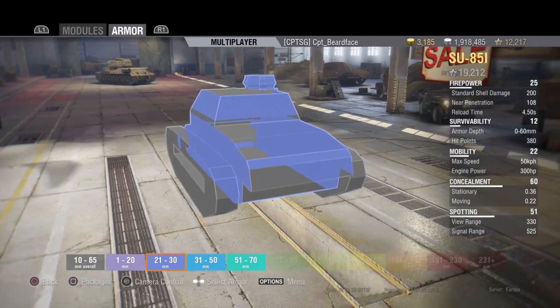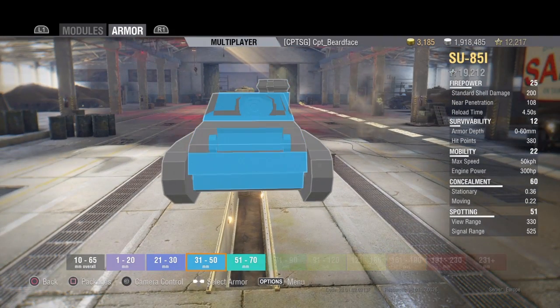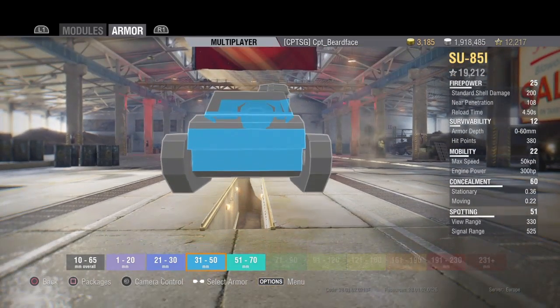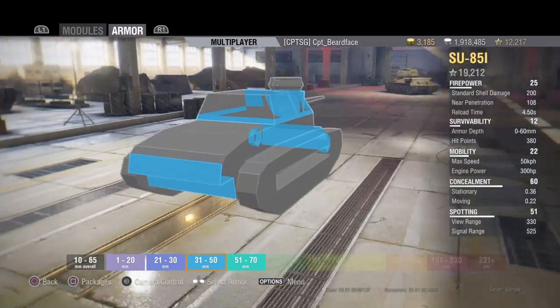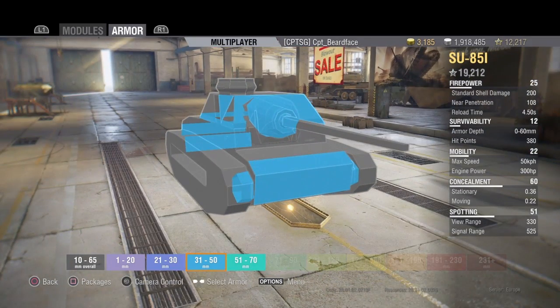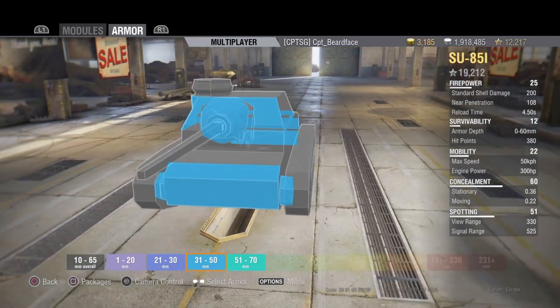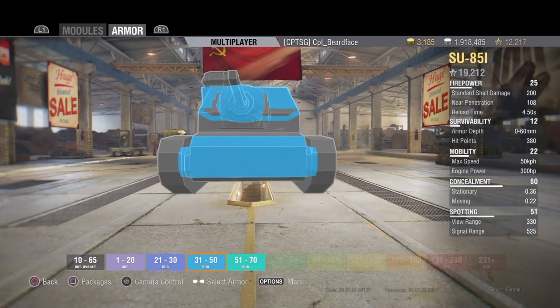as well, and also the back of the upper superstructure and a strip just across the back side of the tank there. 31 to 50mm, well, that's the flatter parts of the rear of the vehicle, a thin strip around the base of the upper superstructure, the front part of that bit underneath the commander's hatch, and the sloped part of the upper superstructure, along with the